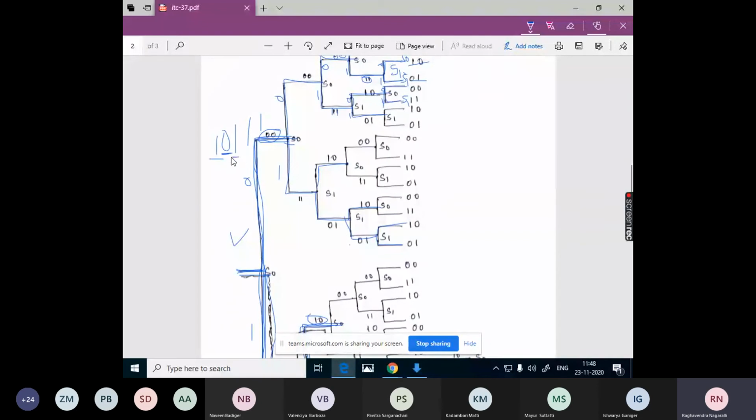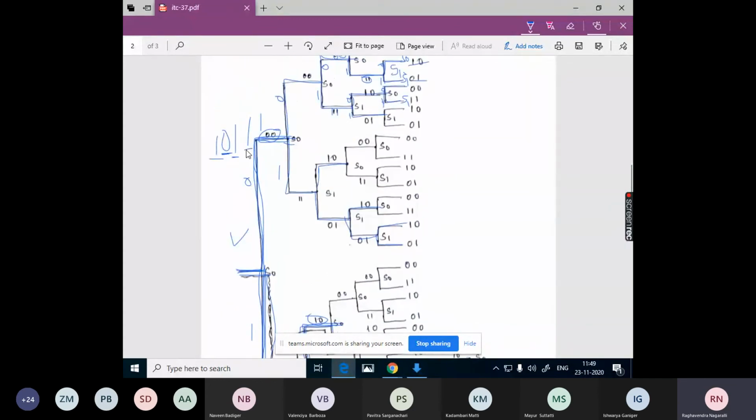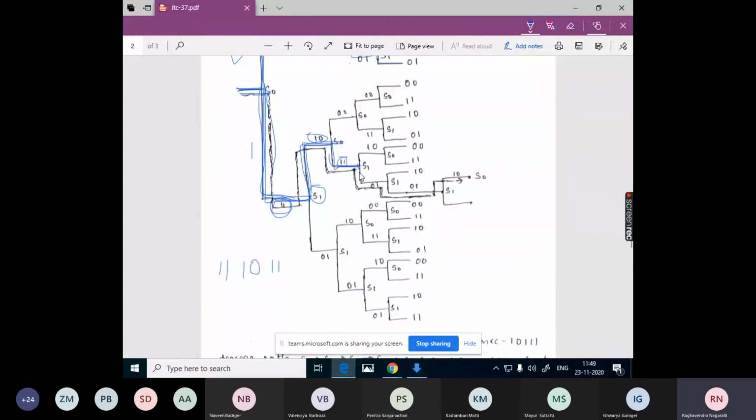Next input bit is 1, so from this we need to go for the 1 bit, which is the lower transition. What is the output? 1 1. Now we are in this state. Next input bit is 1, so again the lower transition.